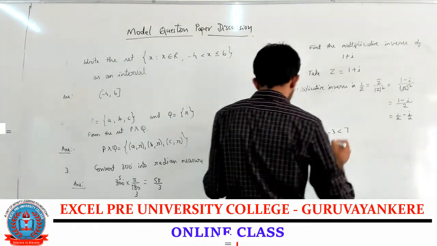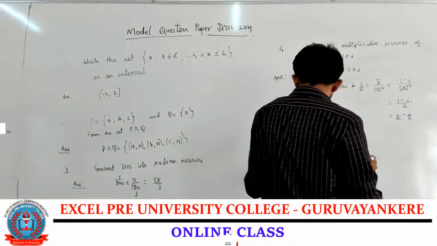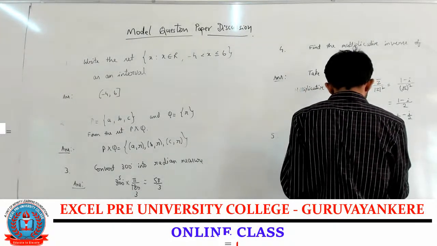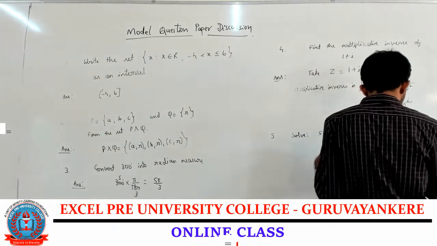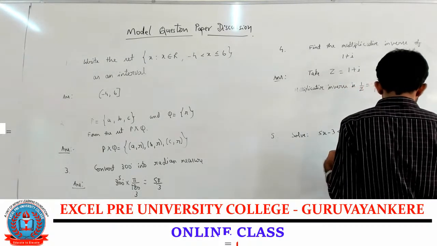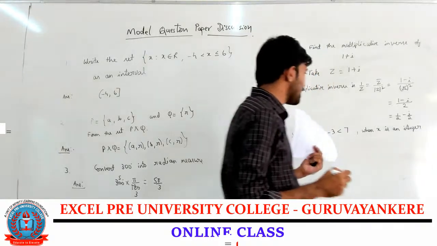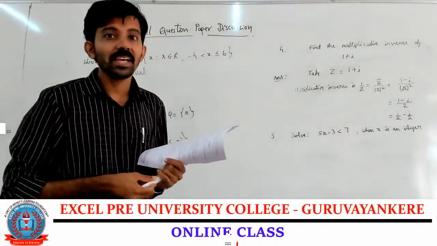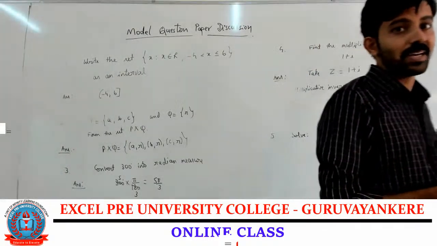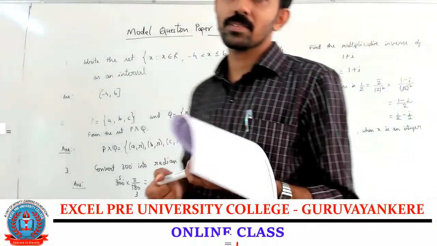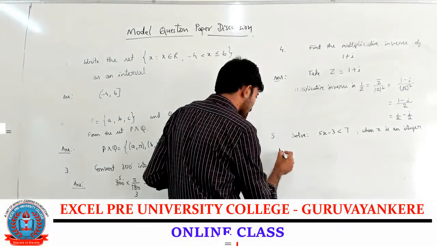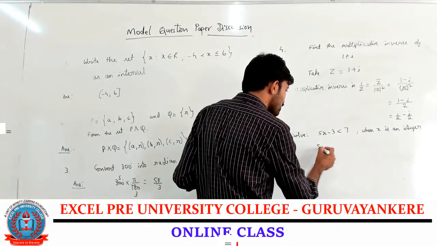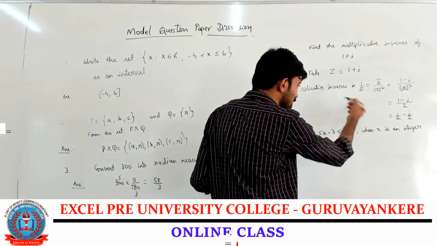Solve the inequality 5x minus 3 less than 7, when x is an integer. Answer: we can write this as 5x is less than, transferring this minus 3 to that side,